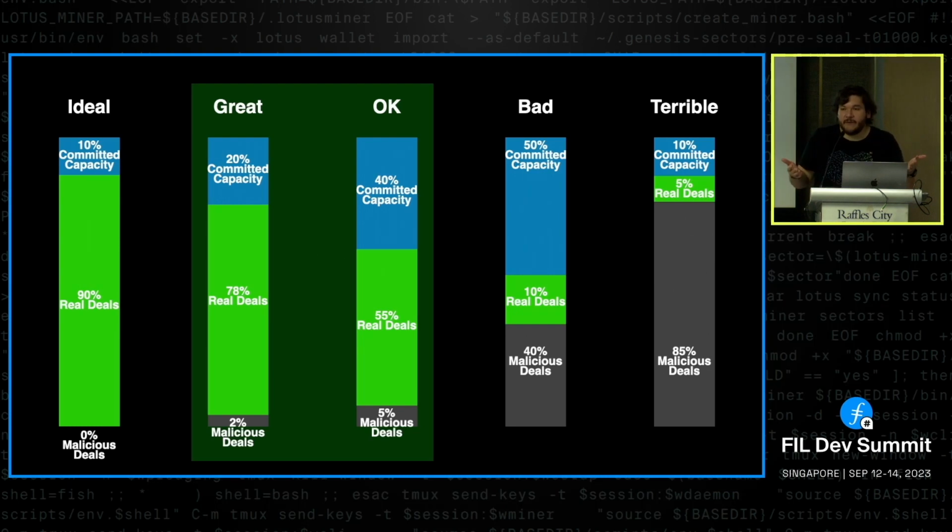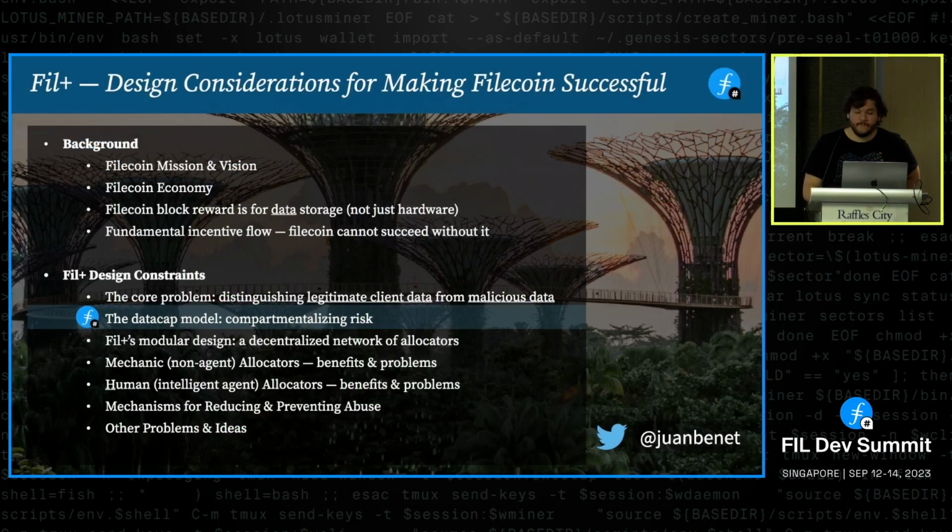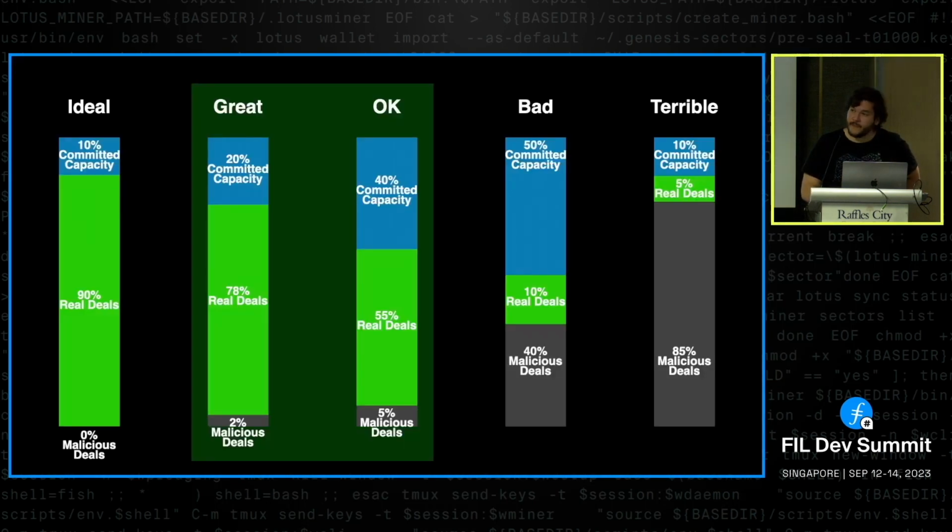So can we survive in the bad outcome? Yes. Are we trying to get to the great outcome? Also yes. So let's use mechanisms and systems to push away from the bad outcome into the great and then the ideal outcome. I don't know the answer to this question, but if we take the mission of Filecoin as the end state, and there's some adoption curve to get there,